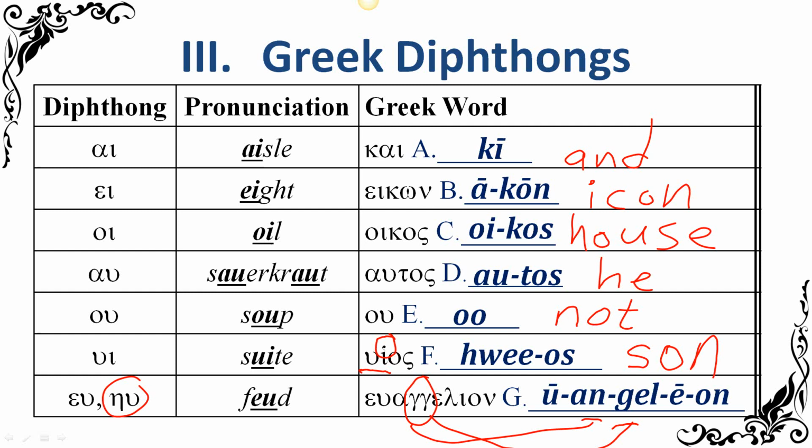So is that how you would say angel? Does that mean angel? No, it does not. This one is actually the same word that we usually translate as gospel. Okay, so the two gammas together: the first one sounds like the N, nu, and then the second one stays gamma.